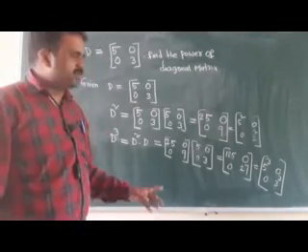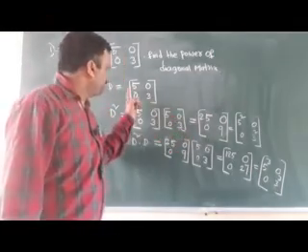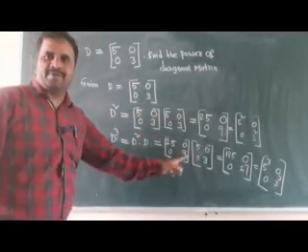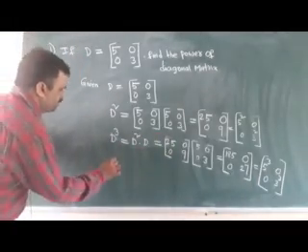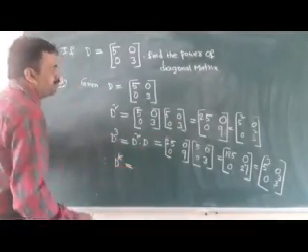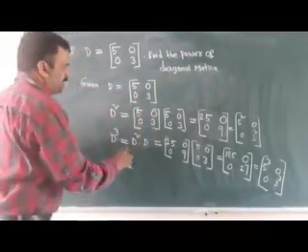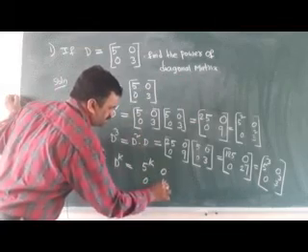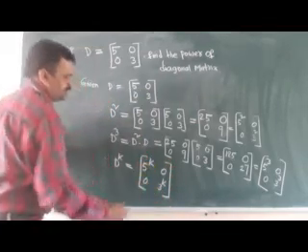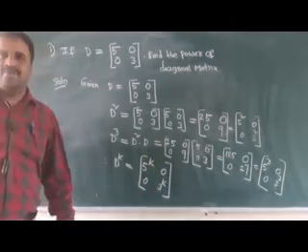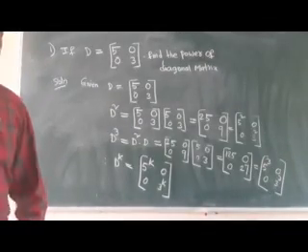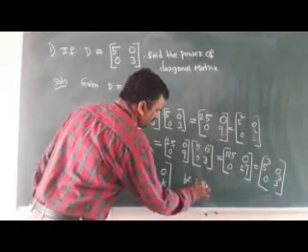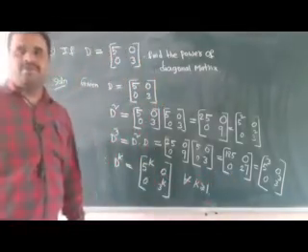If you observe here, we get 5 power 2 whenever D square is there, and whenever D cube is there, power 3 is there. Therefore I can write D power k, the power of the diagonal matrix, is equal to 5 power k 0 0 3 power k, of course for all k greater than or equal to 1.